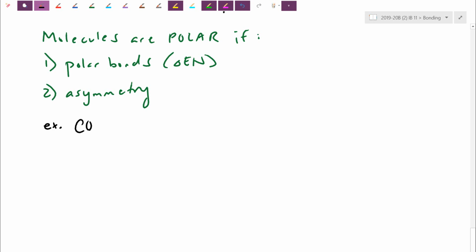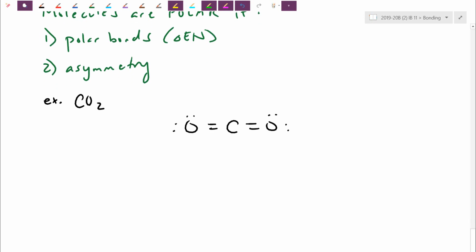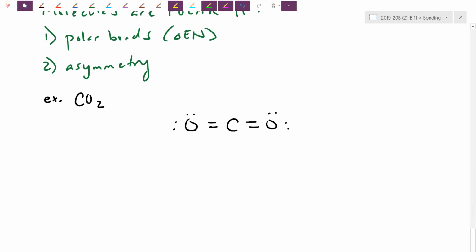So let's start off with the example of CO2. A very common atmospheric gas. We've drawn this a bunch of times here. You still need to do the Lewis. And if you happen to know the VSEPR off the top of your head, I would draw it very symmetrical. I would draw it trying to represent the 3D shape because that's going to be important in this section. When I'm going to ask you this question, is CO2 polar or nonpolar, we're going to study each